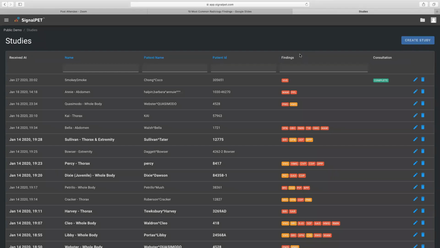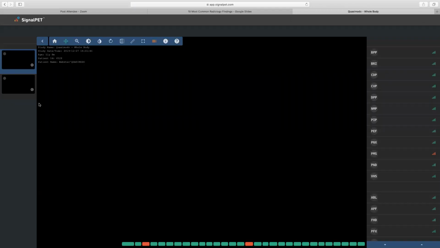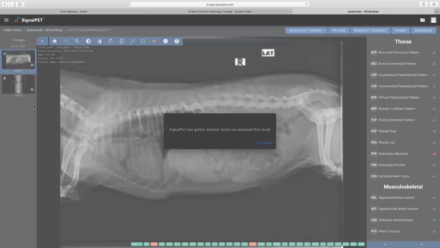These are, before you even dive into your study, the way that the machine learning works is it doesn't differentiate between early, mid, or late stage of a disease. It differentiates between the confidence level that that normality or abnormality exists. So as we can see here, red is standing for abnormal. That might be vertebral heart score, mid-abdominal mass, peritoneal fluid, pulmonary mass, and yellow is standing for possible hepatomegaly. And this information is all coming to you right away. And so we can click right here into our study, and the information will pop